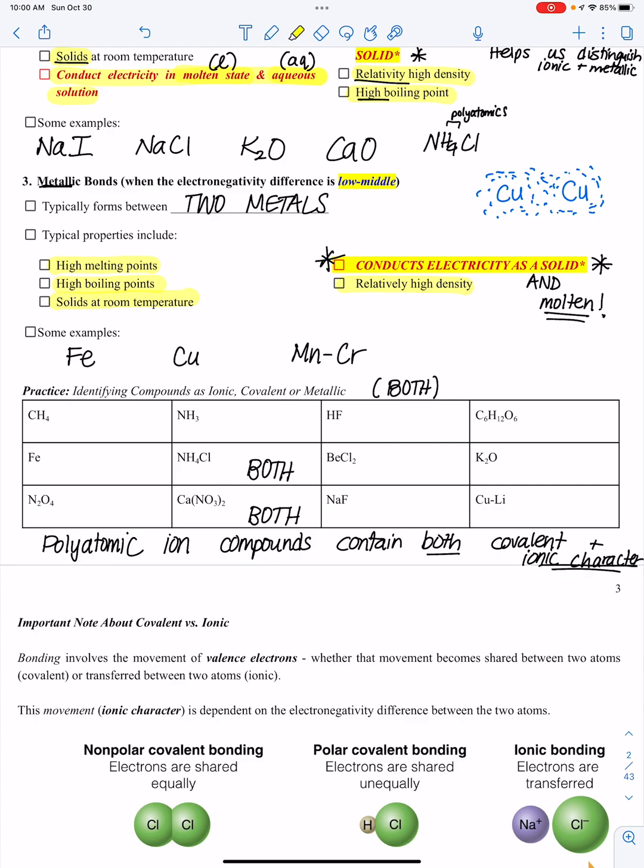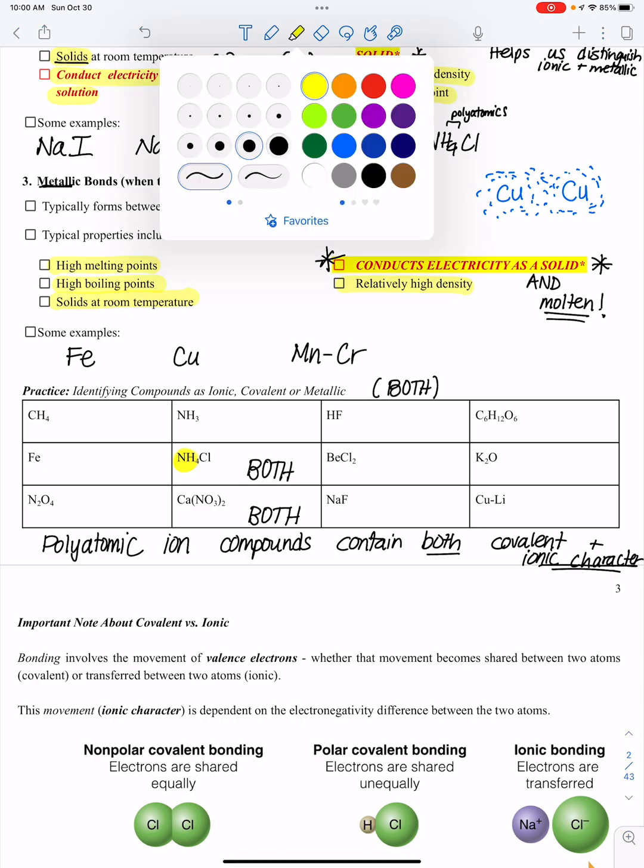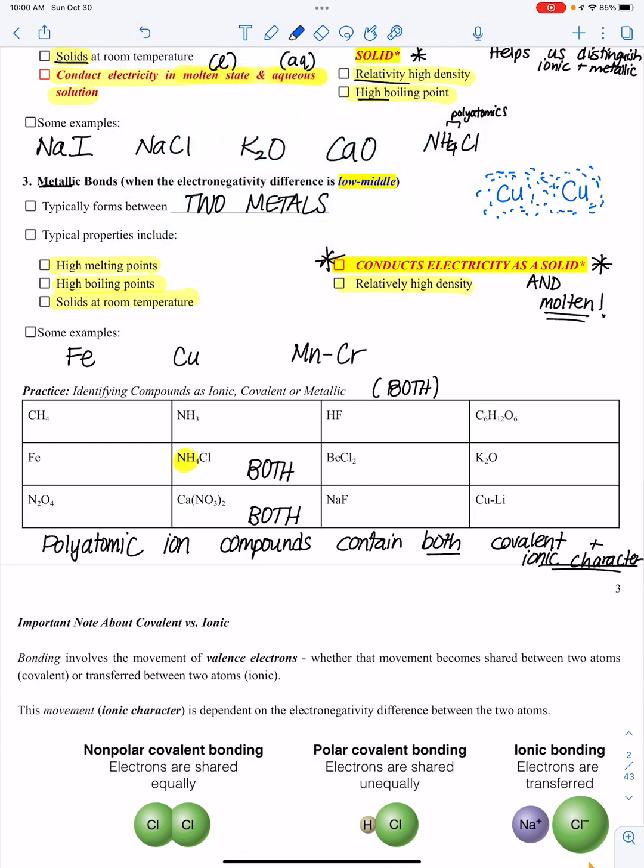Why? If you look a little closer, ammonium chloride, NH4Cl, is only nonmetals, right? These are all nonmetals, but the bonding in NH4 alone is covalent, and the bonding between NH4 and Cl